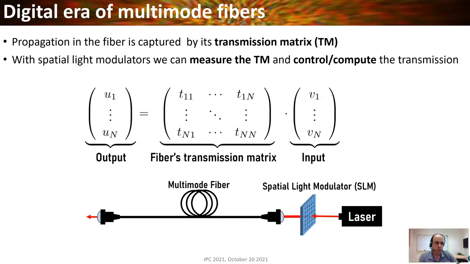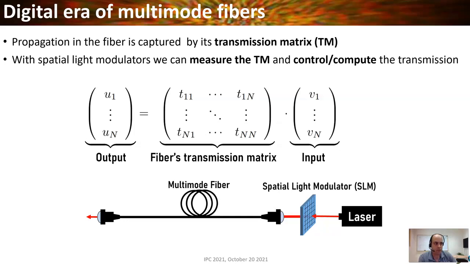We are all now living in the digital era, which revolutionized our approach for imaging, and specifically for imaging through fibers. Since the propagation through fibers is linear, we can completely describe the transmission through a fiber using a matrix called the transmission matrix. In principle, if we can measure how a set of orthogonal modes propagate through the fiber, we can know everything there is to know about the fiber,